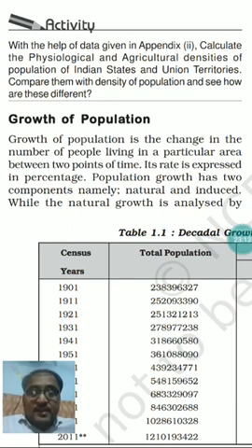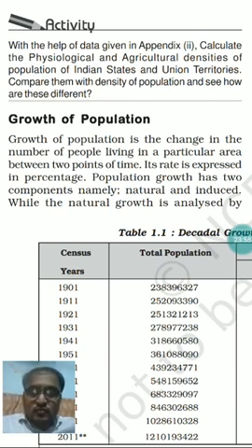So absolute growth of population is all about the change in population in absolute number. Means exactly by number how much population or persons increase or decrease in a particular area between the 2 points of time. This is absolute growth of population. And if we consider the rate of population growth, it is expressed in terms of percentage. By last census, how much in terms of percentage there is a growth of population, that is called population growth.